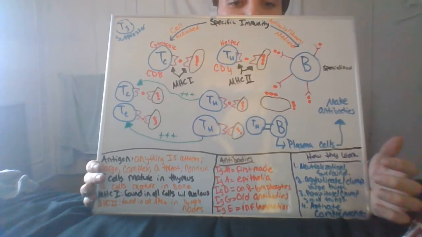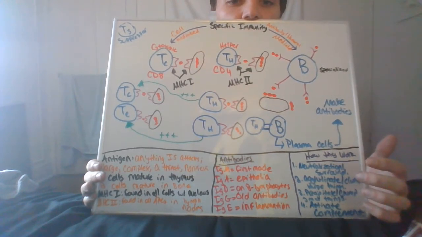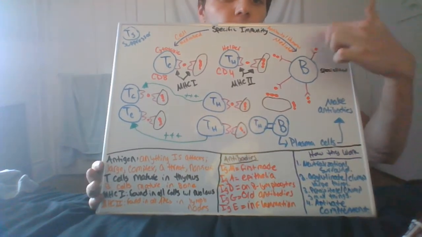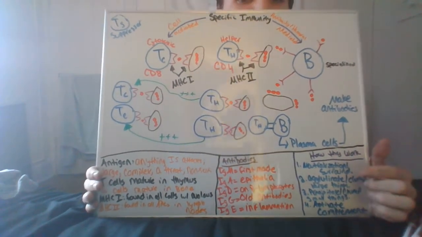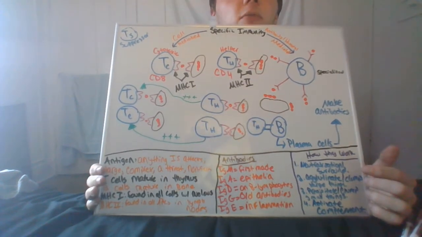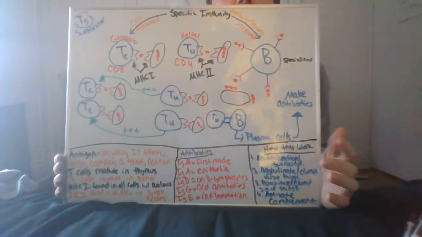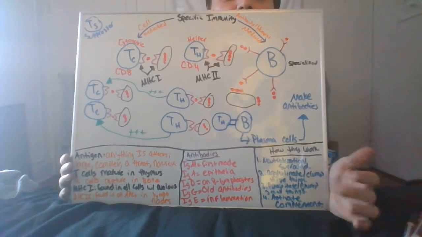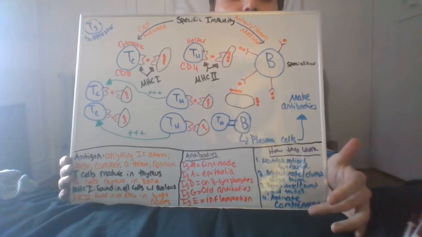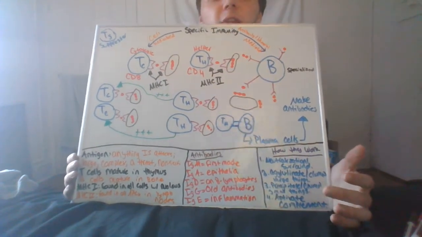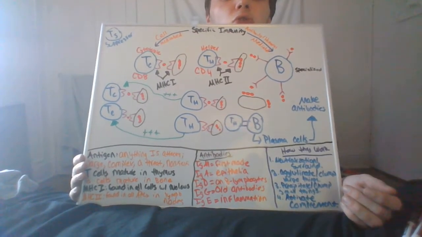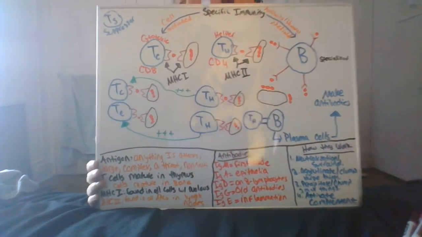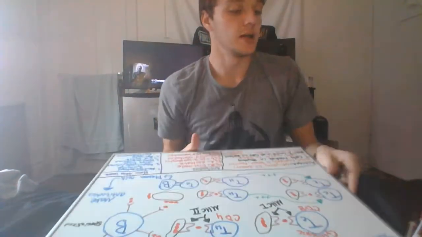So IgM are your first antibodies made. IgA are your epithelial antibodies. IgD are on your B lymphocytes up here. These are IgDs. And you have IgG are your old antibodies. And you have IgE is your inflammation. And then how do they work? They neutralize and surround, agglutinate or clump large things, precipitate or clump small things, and then they're going to activate that complement system that's going to stimulate inflammation. They're going to tag cells for phagocytes so they can do their job, and then they're also going to put holes in your